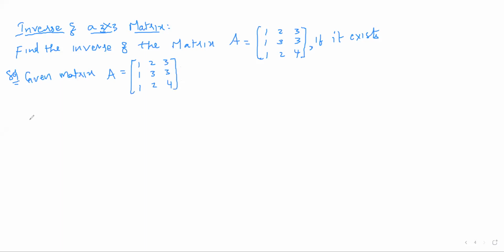First, find out the determinant of capital A. Determinant of capital A is equal to, so first element 1, so 1 into, delete the corresponding row and column. You get a 2 by 2 matrix of elements 3 3 2 4. Next, change the sign of the middle element, that is minus 2 into,